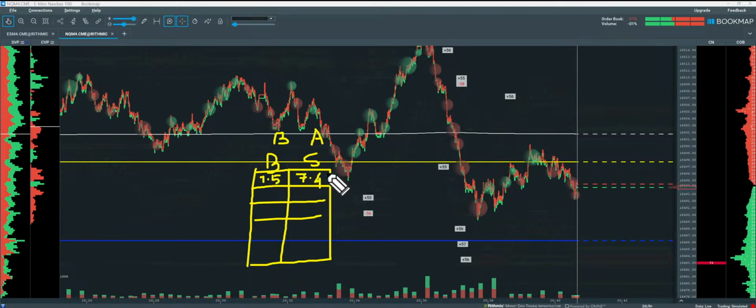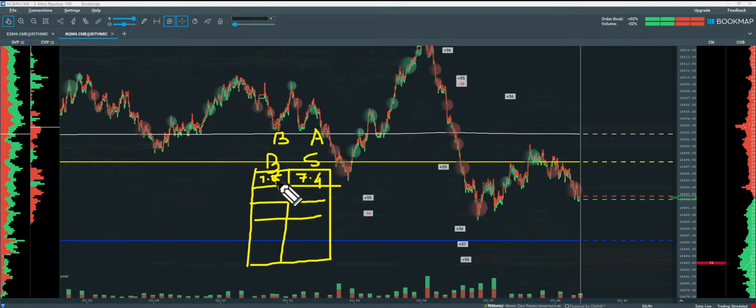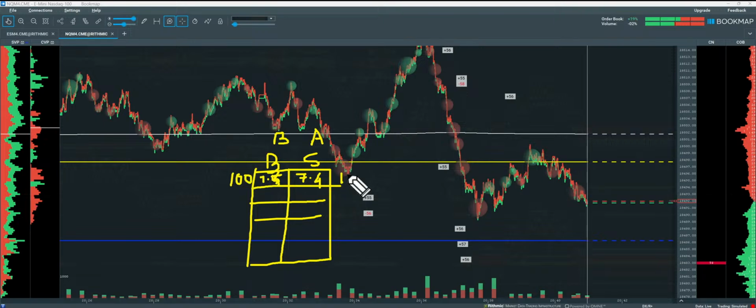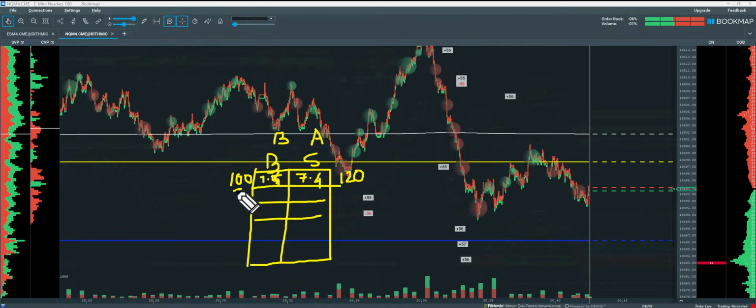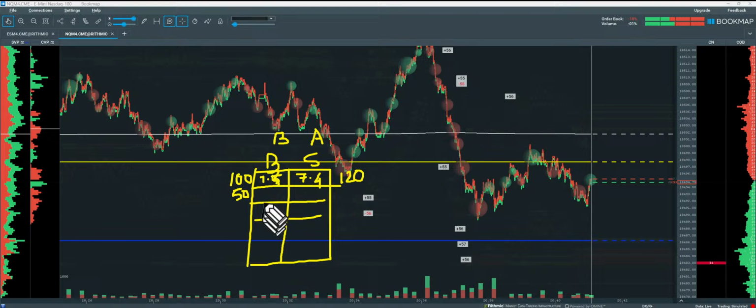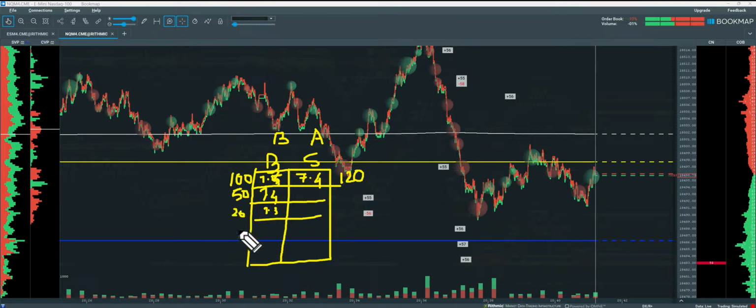Now, if someone has to, let's consider, sell aggressively and wants to move the market down, and you have, let's say, 100 bids sitting over here and 120 sitting over here. If I wanted to move this, the prices will be lower, and it will keep going on like this, 7.4, 7.3 and so on. There are about 20 contracts sitting here, and about 10 contracts sitting here.